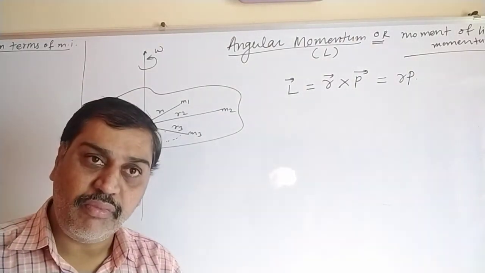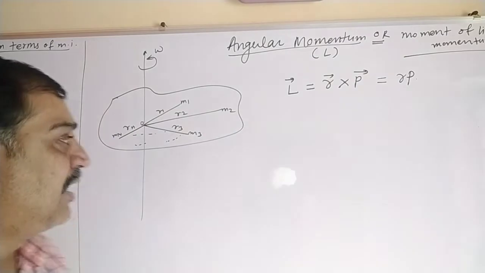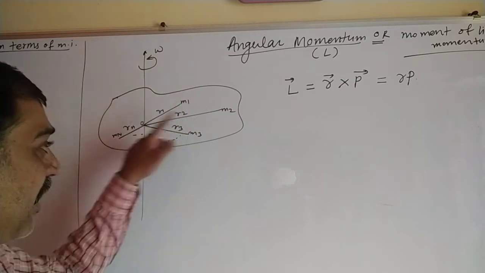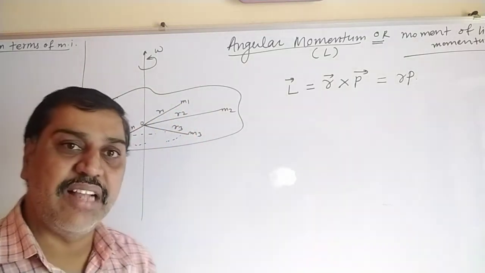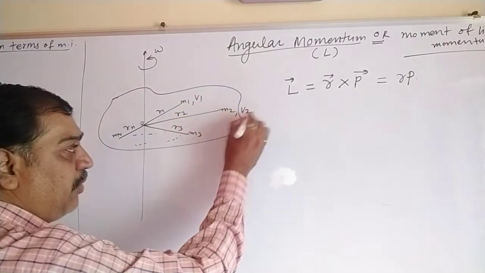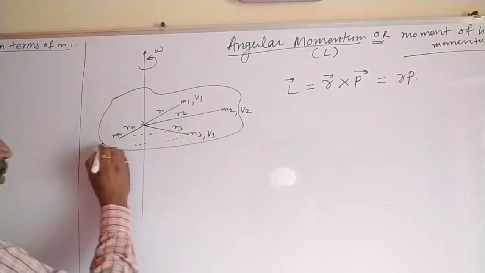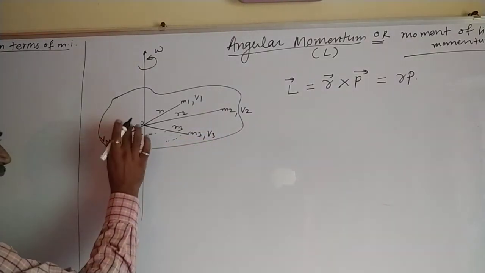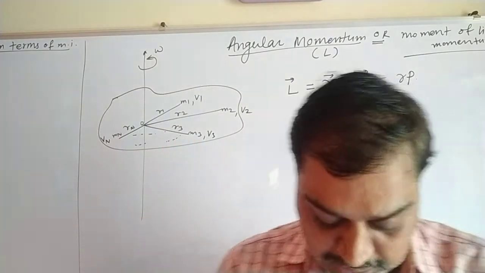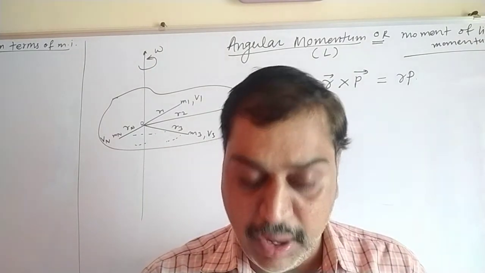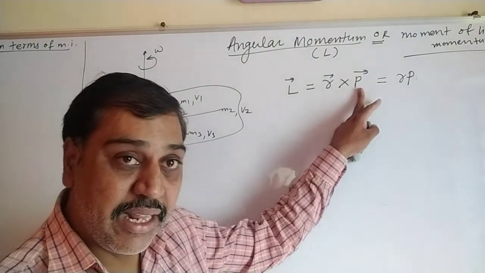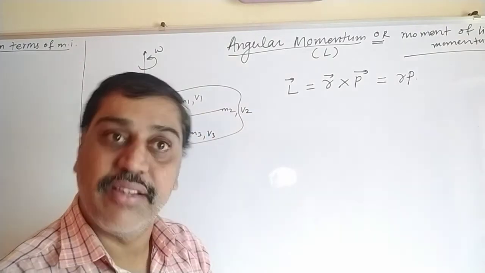To find angular momentum. For this, let us consider the body rotating with constant angular velocity omega, yet every particle rotates with a different linear velocity. Let the velocity of the first particle of mass m1 be v1, the second v2, the third v3, and so on up to the nth particle with velocity vn. These are the velocities of the n particles m1, m2, m3, up to mn. To find L, we have to find P, and for that we have to find the velocities v1, v2, vn.